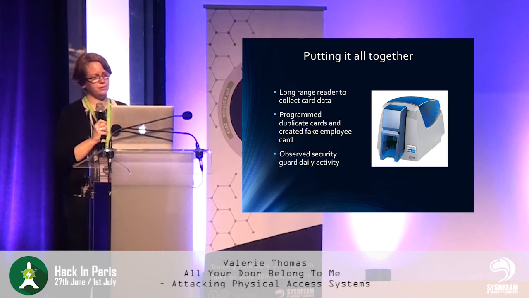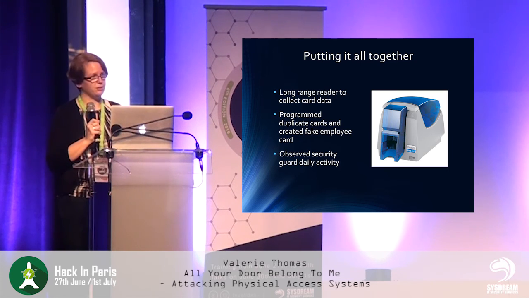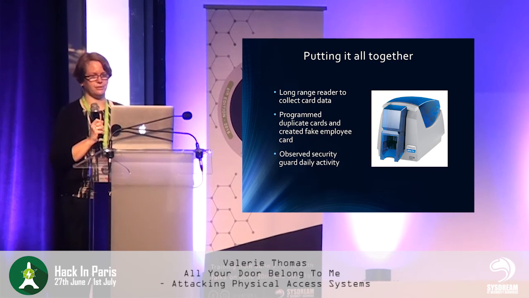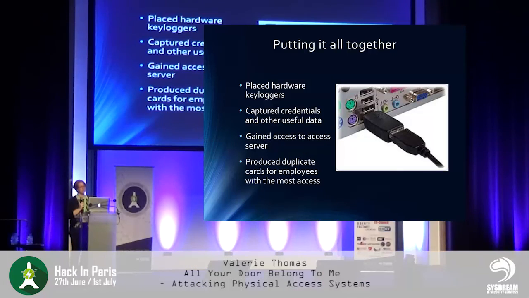There was a main entrance for the visitors, and we noticed that everybody kind of disappeared from around 4 o'clock. So we took the card data that we collected with the long-range reader. We made some cards, a couple, and then sent people in one at a time to test them at that point. So once everybody was gone for the day, we just entered with the cards that we knew unlocked the main door there in the visitor area